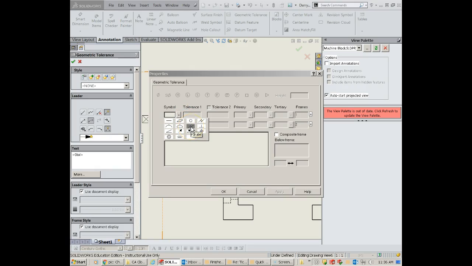So that's this guy here. And under the tolerance, we're going to enter a value of 0.010 or 10 thousandths. And under primary, we're going to say A and hit OK